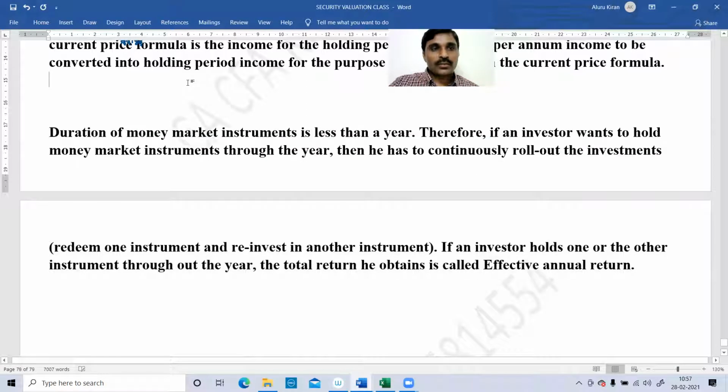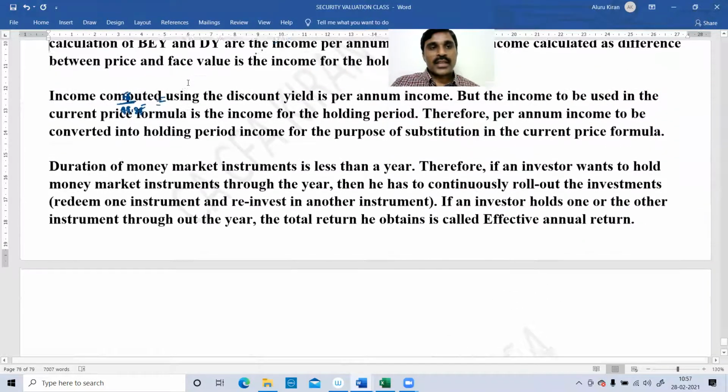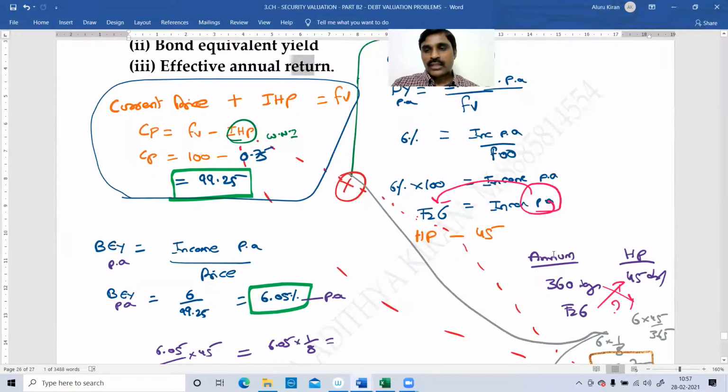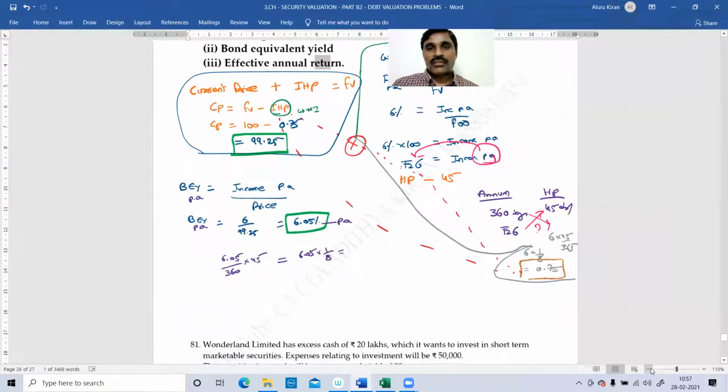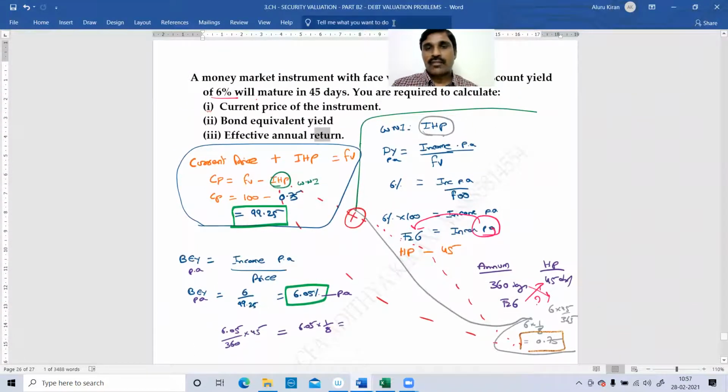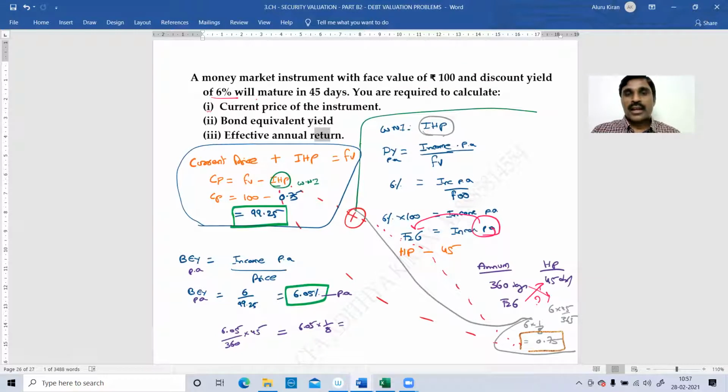You can take a screenshot of this. You can pause the screen and take a photo of this on the mobile, or you can pause the screen and copy the answer. Now, before using the formula, first take out this solution, the rough calculations we have used to compute these first two answers, the data used to compute the current price of the instrument and the effective annual return. If you are watching through a laptop, you can take a photo through mobile, or if you are watching on mobile itself, then you can pause the screen and copy the answer. Right, so this is the answer.